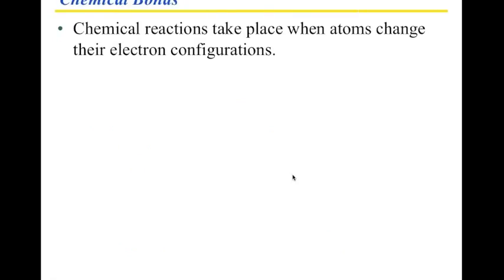Chemical reactions actually happen by the change in electron configurations. That makes sense if you think about how atoms encounter each other. One atom has electrons zooming around its outside. The next atom has electrons zooming around its outside. When you bring those close together, of course, these electrons are going to be running into each other. And as they run into each other, it makes chemical bonding possible. There are different types of chemical bonds that we'll look at, and they all add up to a way of combining these atoms to make larger substances, and we call those molecules.